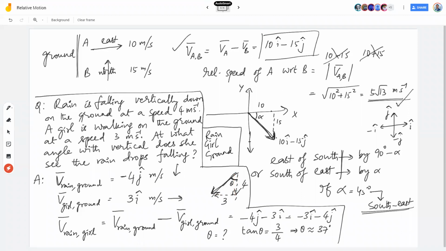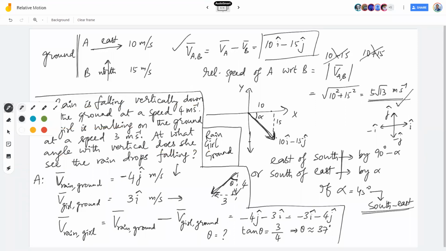Very good. So tan theta equals 3 by 4 and therefore theta is approximately 37 degrees. It's actually equal to 36.9 degrees or something, so don't worry about it. 37 and 53 are complements of each other. In fact, in last Sunday's test or maybe yesterday's homework, there was a question based on 37 degrees, no? That is why I was able to use it. I remembered it. So rain problem is basically this. That's all. Simple, no?